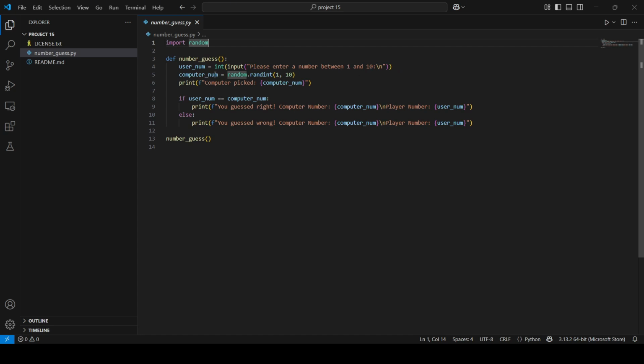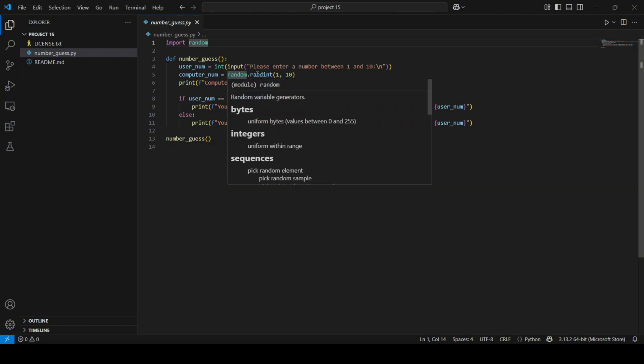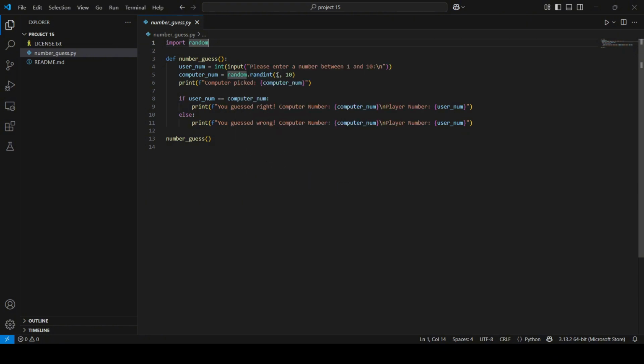Then we are creating a computer number which uses the randint function of random. What this function does is choose an integer between 1 and 10, then assign this value to our computer num variable. Then we are printing here what the computer chose, and if